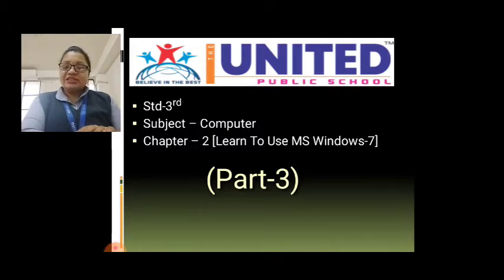Then we see how we can change the position of the taskbar. Then the gadgets. So today we see some more things about Windows 7 and also some other operating systems. So let's start.